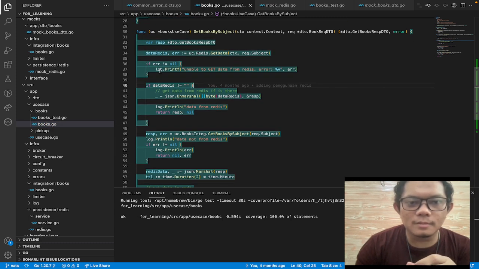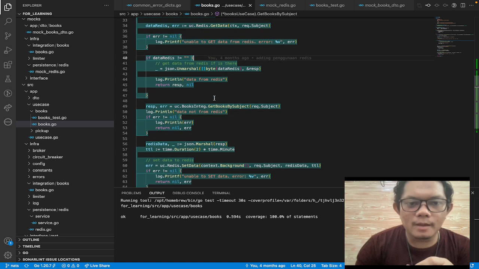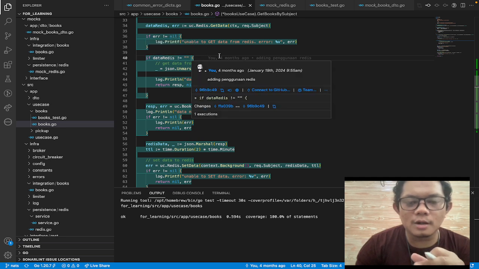Get by subject, Redis get data. I've made a scenario for the success condition and fail condition for this get data, and of course I made a condition for data Redis is empty. There are no values for that key.